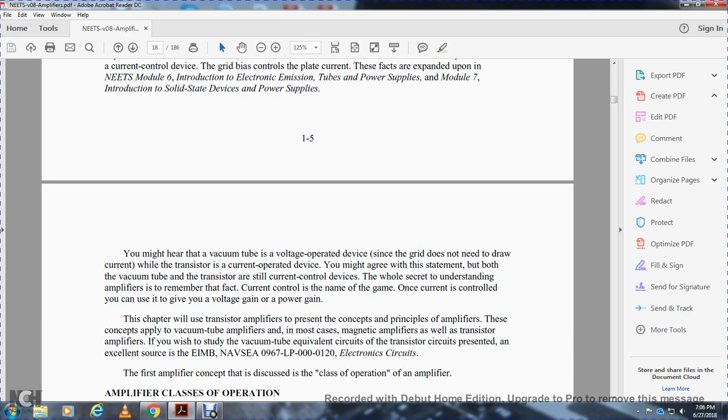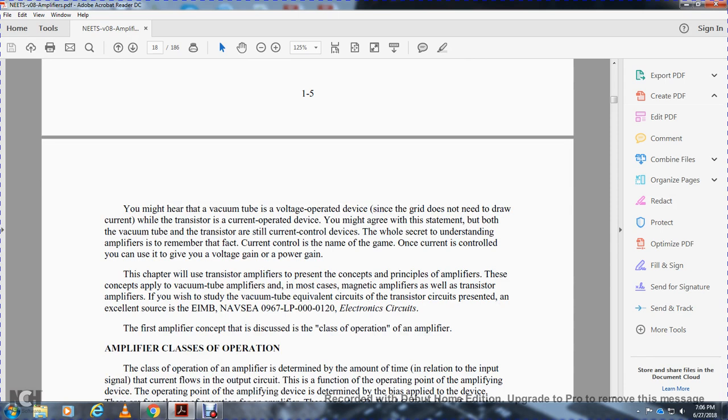The whole secret to understanding the amplifier is to remember that fact: current control is the name of the game, and once the current is controlled, you can give it either a voltage gain or a power gain. This chapter will use transistor amplifiers to present the concepts and principles of amplifiers. These concepts apply to vacuum tube amplifiers, and in most cases magnetic amplifiers, as well as to transistor amplifiers. If you wish to study vacuum tube equivalent circuits alongside the transistor circuits presented, an excellent source is the EIMB Navy